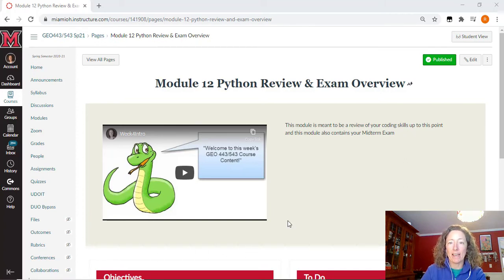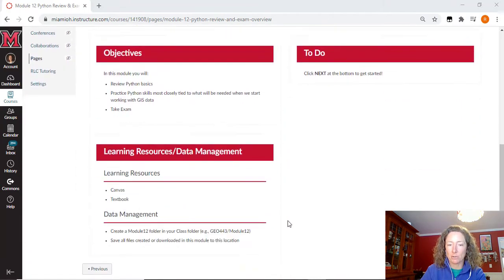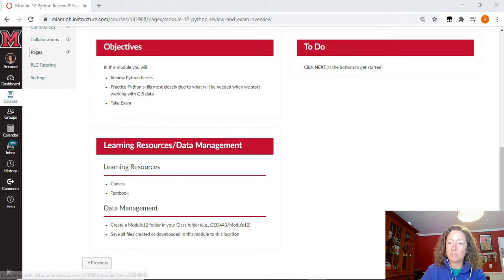This is where you're going to have your review of a lot of the Python concepts that we have been learning thus far in the semester. You're going to land on a review sheet for your exam, and then also you're going to have your exam within this module for the week. So like all of our modules, the same basic setup, and we're just going to next through here to see